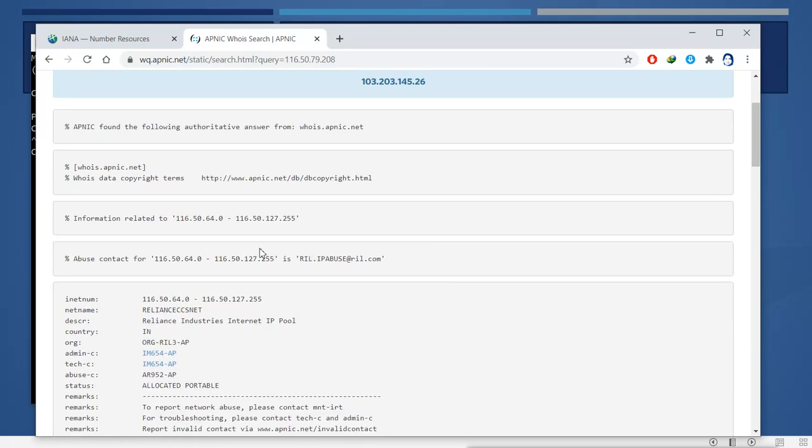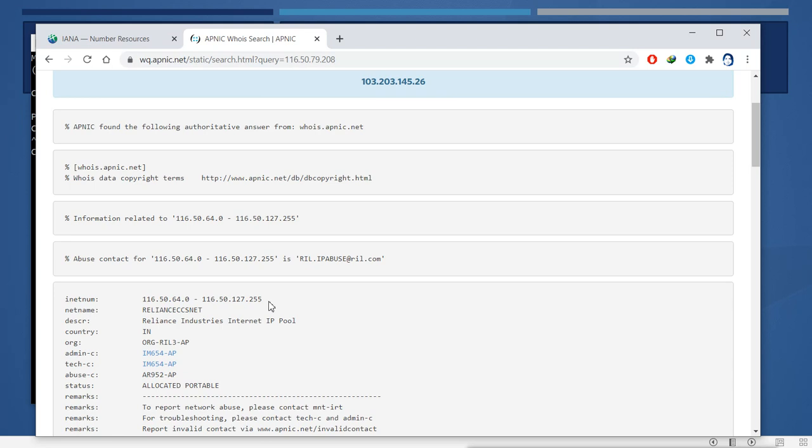So now here is the answer. It is saying 116.50.64.0 to 116.50.127.255. So basically they do not have the whole range, they have only 116.50.64.0 to 116.50.127.255.